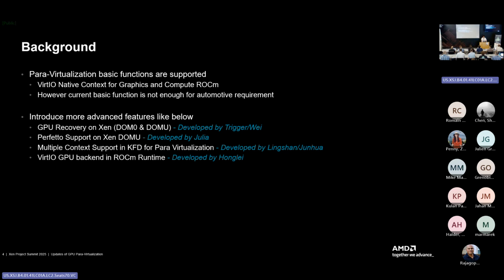And since the VirtIO GPU native context is functional, developers would like to have tracing dumps and performance counter calculation in the system. So we added Perfetto support on Mesa AMDGPU Vulkan with the native context approach as well. Then we can see clear performance counter changes and detailed functions, like command buffer tracing on the graphics side, such as Vulkan and OpenGL, with the Perfetto support.